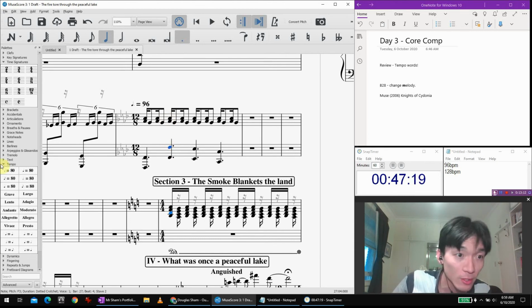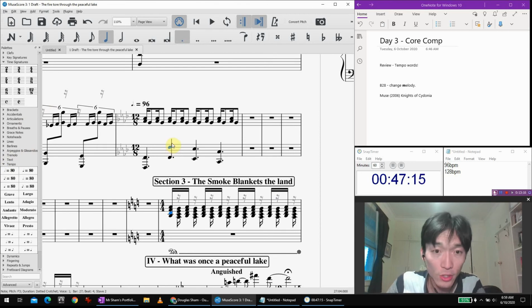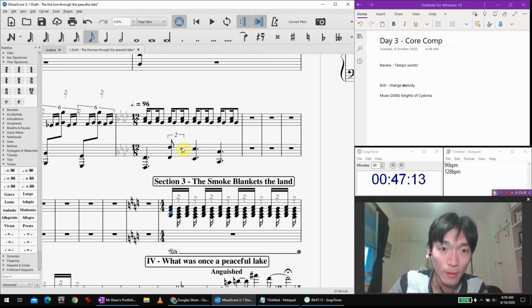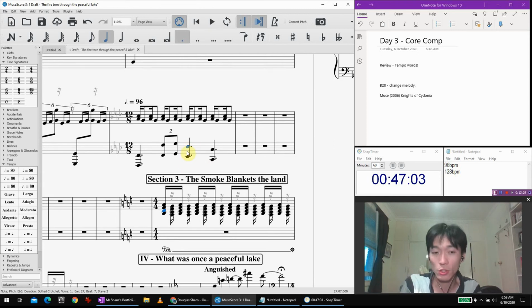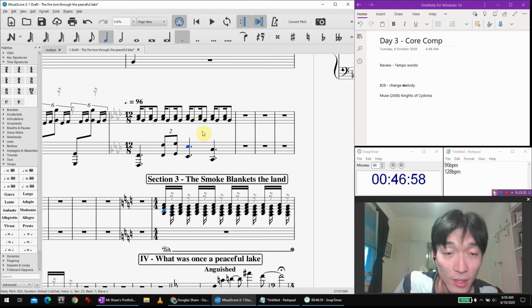All right, here's what I'm going to do. I'm going to start with a duplet here. Duplet's shortcut, I think, is Control 2. Yep. 2 for the number of notes within that group. So right now there's one dotted crotchet. If you want to split that into 2s, you press Control 2. If you want to split it into 4s, you press Control 4, and so on. Or Command on the Mac, I believe.